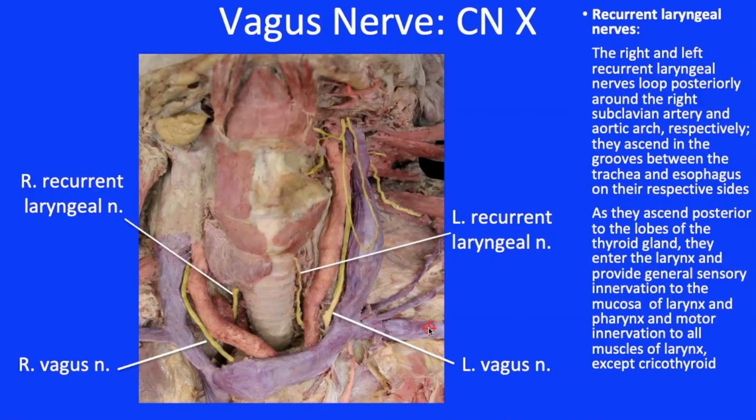The vagus continues into the thorax on the left side and will give rise to a left recurrent laryngeal nerve. It is called recurrent because it returns from whence it came. On the right side, the right recurrent does not make it to the thorax, but it too recurs back to the larynx. Both nerves provide sensory below the vocal cords and to all the intrinsic muscles of the larynx except the two